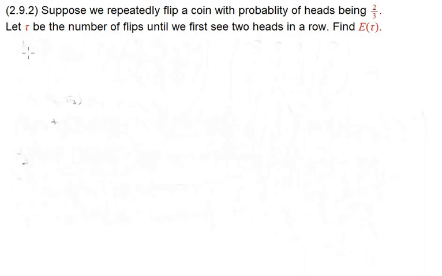So to find the expected amount of time it takes to get two heads in a row, we can use Markov chains. We want to find the stationary state, but we need to find out what states we have and the probability of getting into each of them. So we consider the three states: